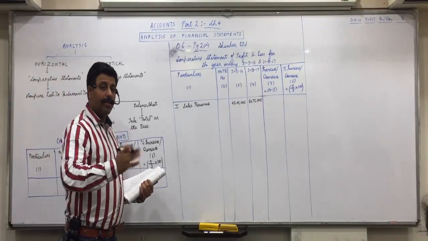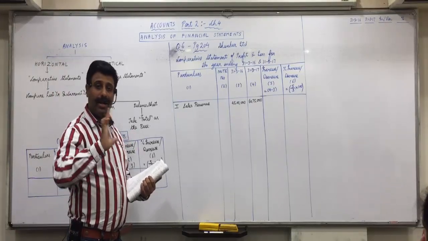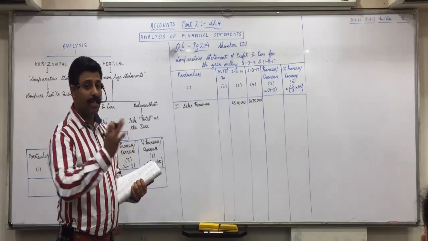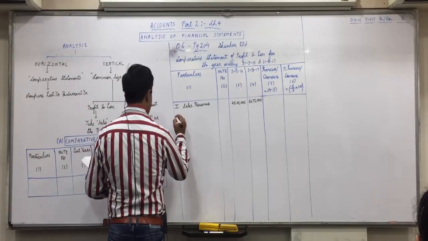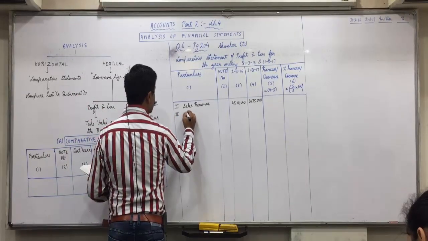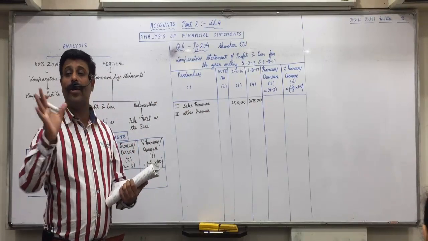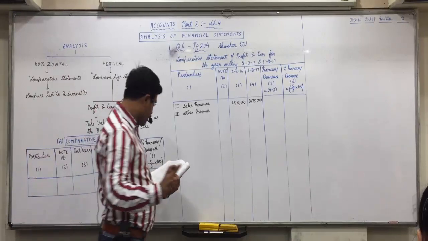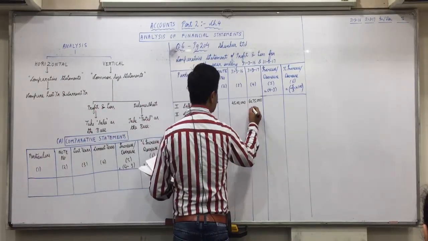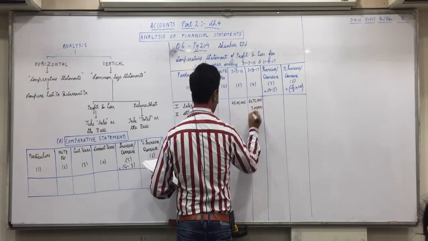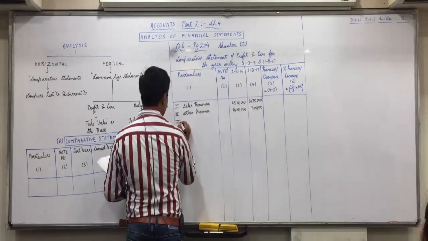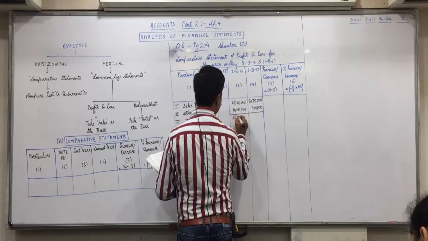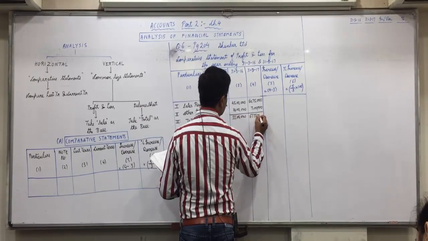You can also write revenue from operations, or you can also write sales revenue. In the last chapter, I always wrote revenue from operations only. Here, you can copy the same language as given in the question. Then second, other incomes. In case other incomes are not given, we will not write, directly total. We'll write only the information given in the question. 7 lakhs in fourth column, 10 lakhs in third column. 3 total, bracket 1 plus 2, 55 lakhs, 67 lakhs 75,000.